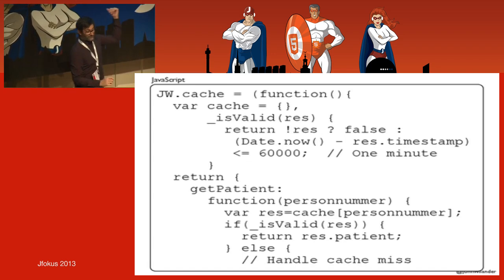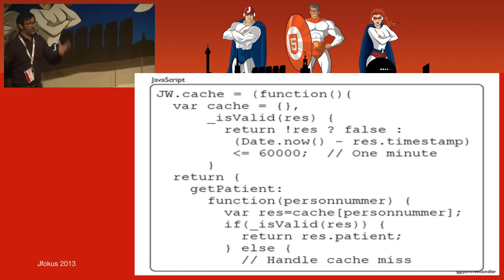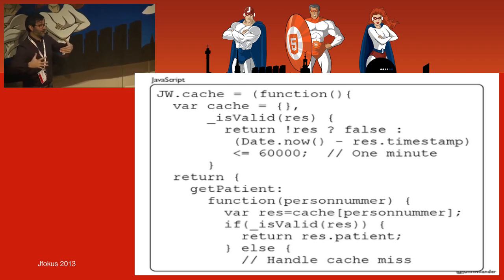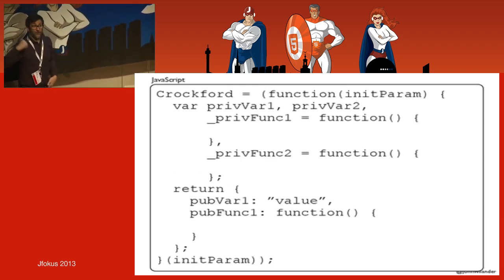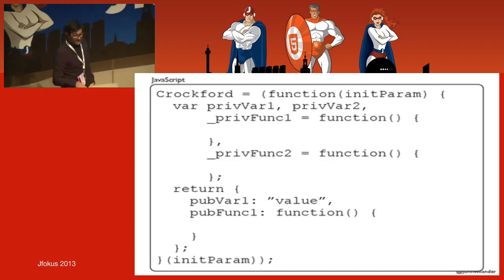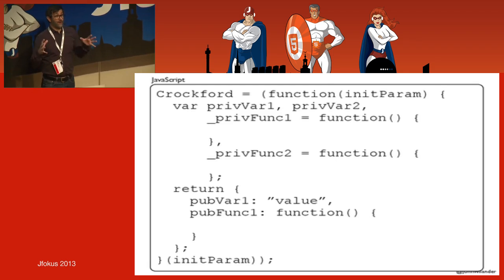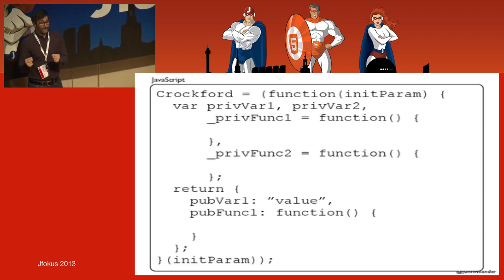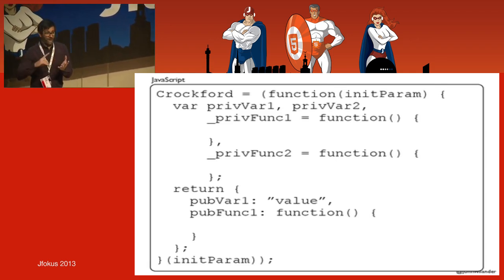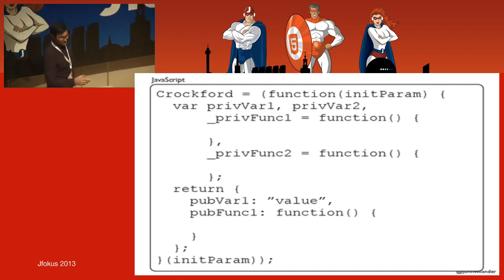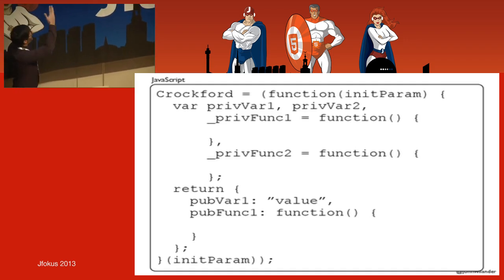So here where we expose getPatient, that's where we expose our API, and we can then break that getPatient function into small snippets that we keep as local functions. And this is what's called the Crockford module pattern. This is a way in bare bones JavaScript to build modules that can have local state, local functions, and then just expose the things that we want to be public. And this is just to show the pattern of such a